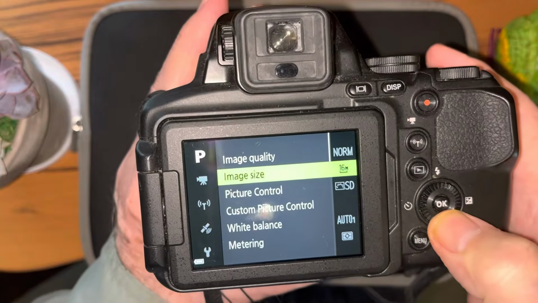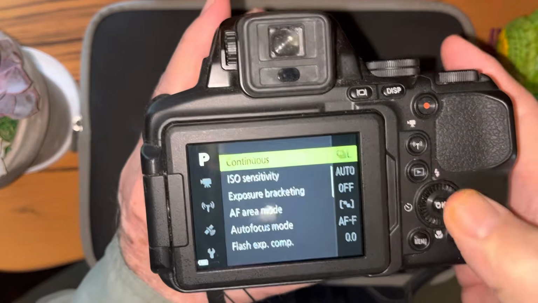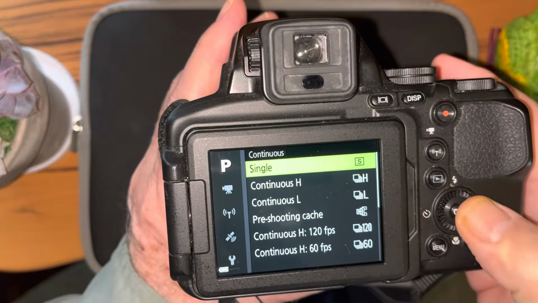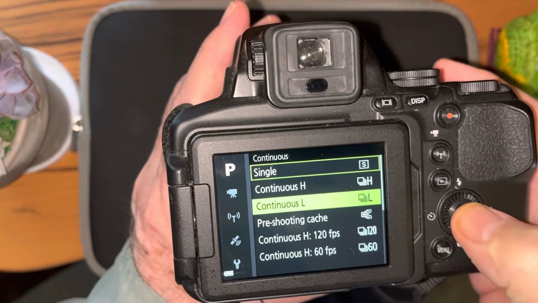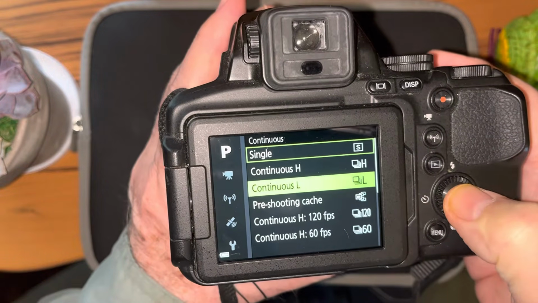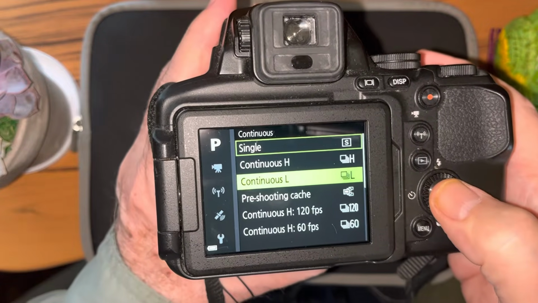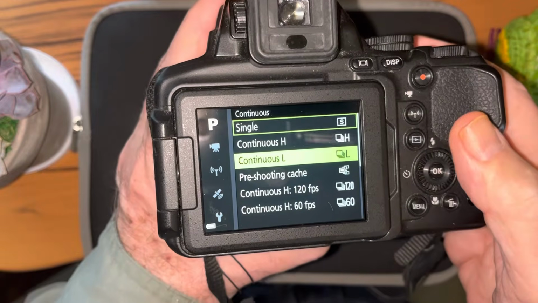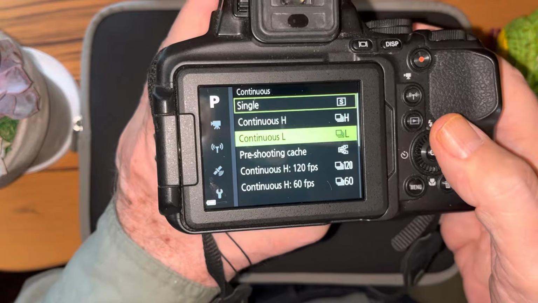So you're going to scroll down. You get to continuous, so you press this, scroll down to continuous low. Again, you could set it for continuous high, but that fills the buffer really rapidly, so you can only take just a few pictures before you run out of space. If you put it on continuous low, then you can shoot pretty much continuously as long as you hold the